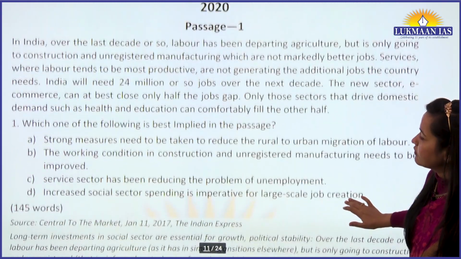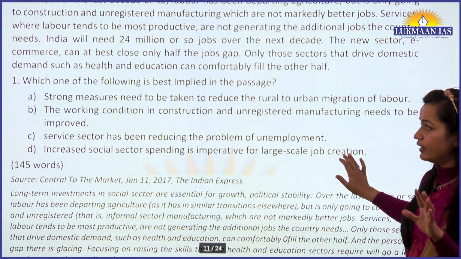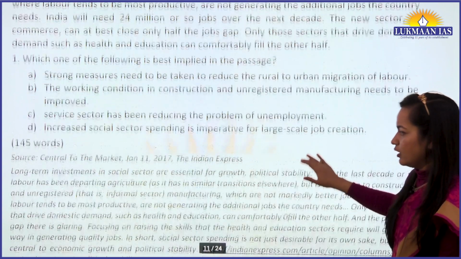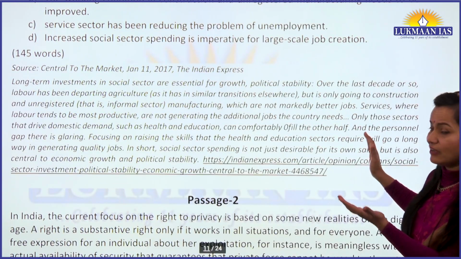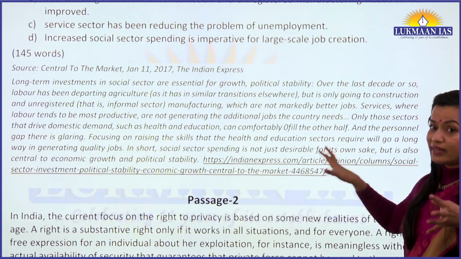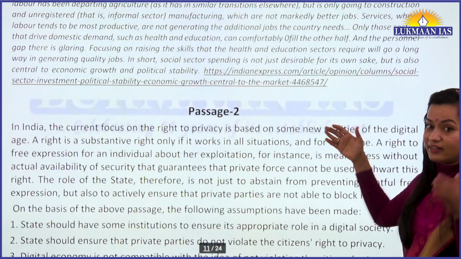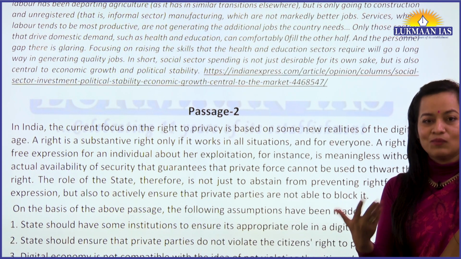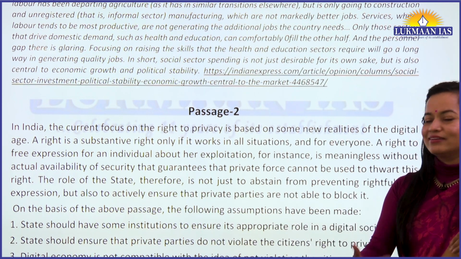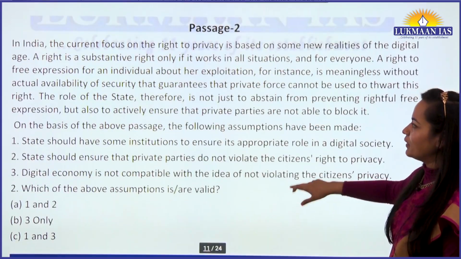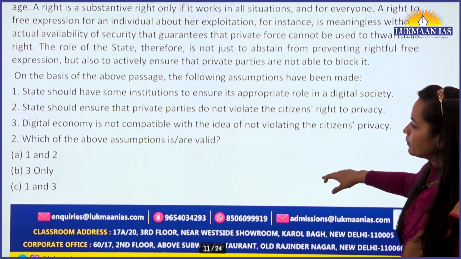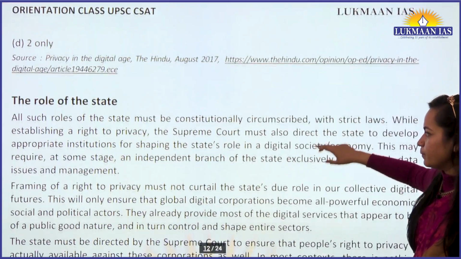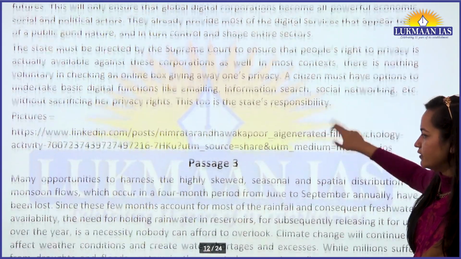Passage 1, okay, so that was 2020 and this is just giving you a glimpse. So we go through a passage, best implied in the passage. I also discuss a source and how in that source there were some sentences, but in the actual passage those sentences were missing because we were required to know about that topic beforehand. So yeah. And after we have discussed passages, what we do is